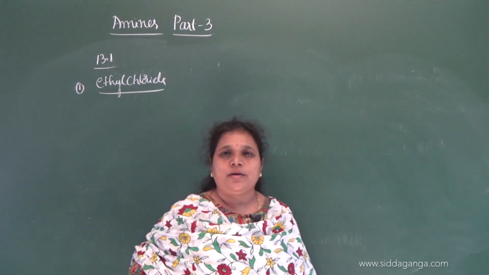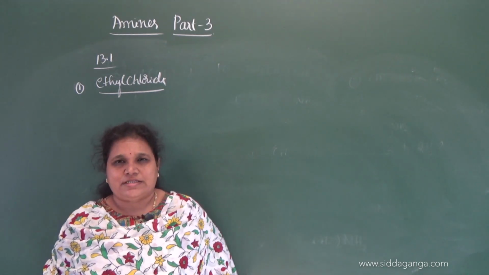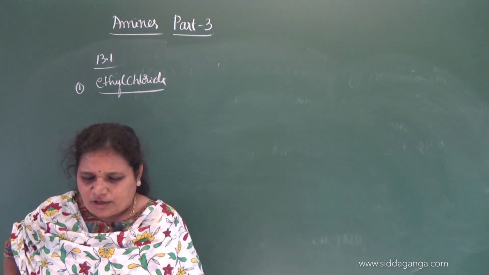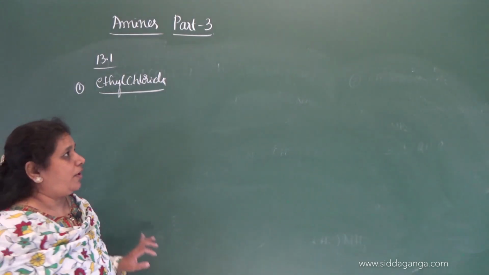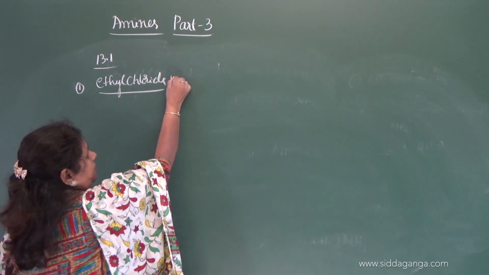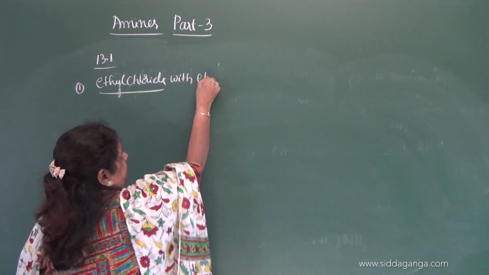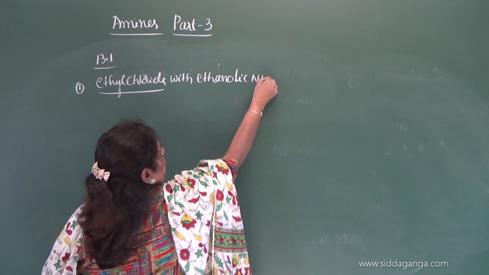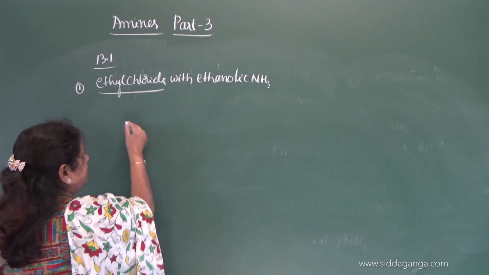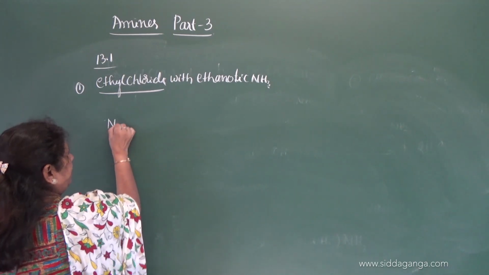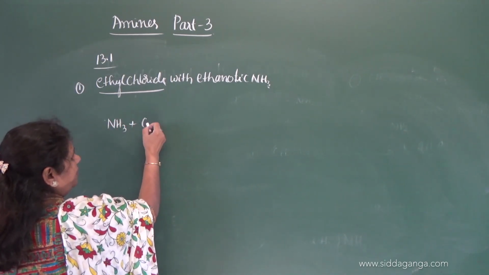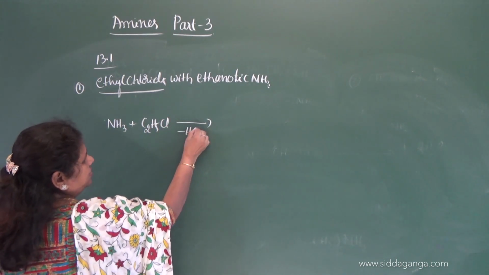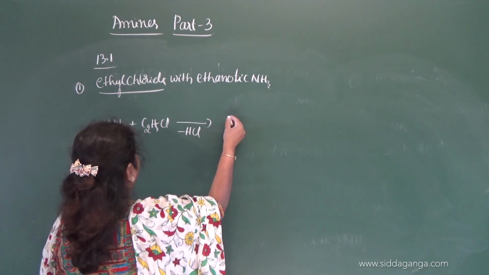Alcoholic ammonia means it is nothing but ammonolysis. Now let us write the ammonolysis. Ethanolic ammonia reacts with ethyl chloride. This is ammonolysis, you can say. So take ammonia, NH3, which reacts with ethyl chloride. First, with the elimination of HCl, what you get,